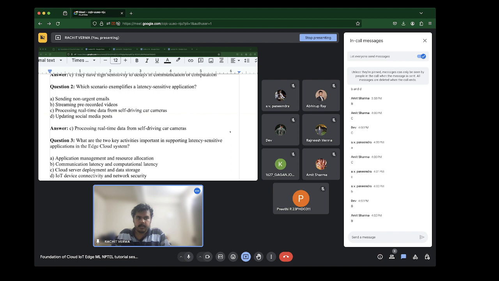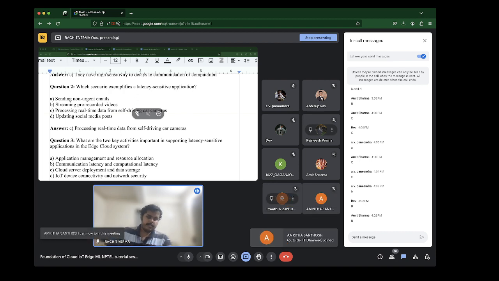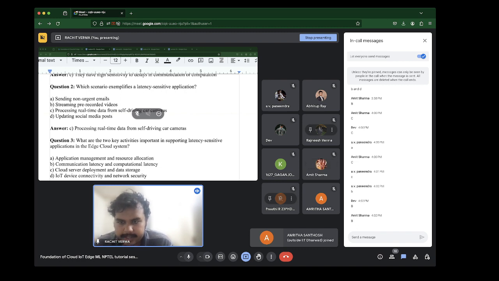Fine. Any other responses? Okay, yeah, so the answer is B. Communication latency and computational latency. So application management and resource allocation are indirect. They indirectly feed into either computation or communication latency.